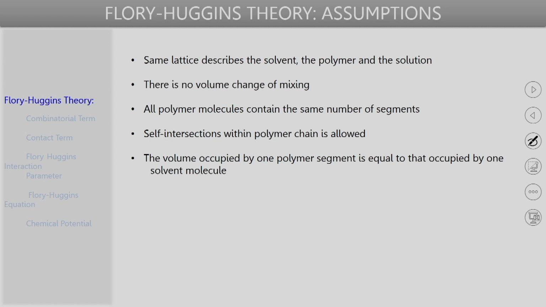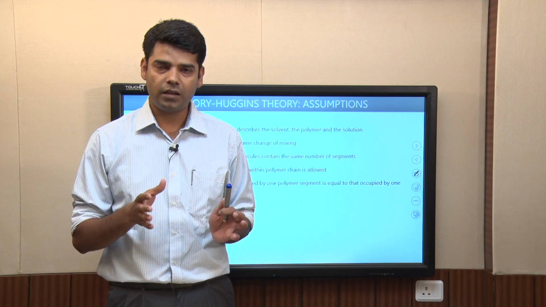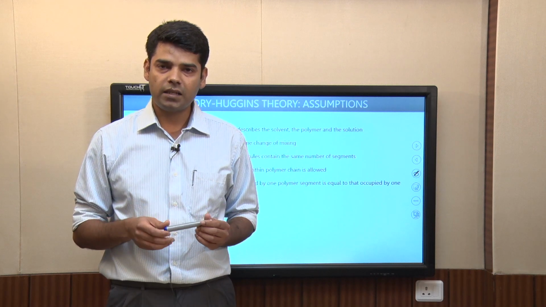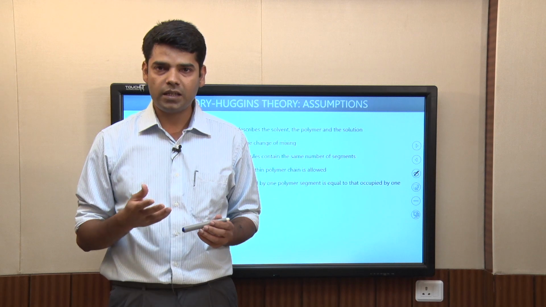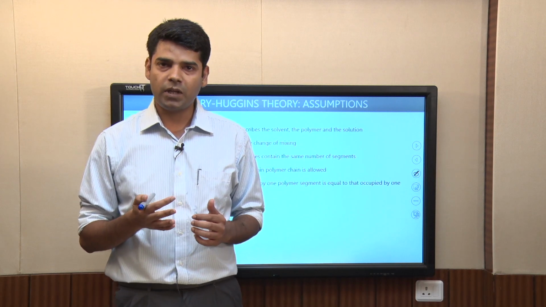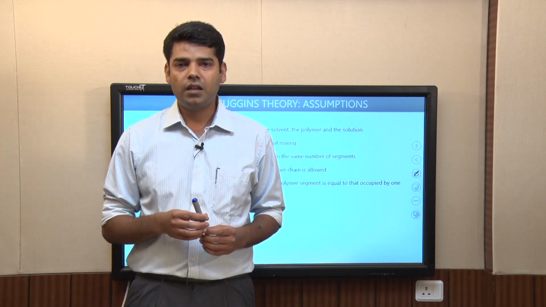In the last lecture we discussed that, one by one, the polymer molecules are introduced in the lattice until all the polymer molecules occupy positions on the lattice, and then the solvent molecules are filled in. This is the approach used to calculate the number of distinguishable arrangements possible, which can be used to calculate the entropy and entropy change.